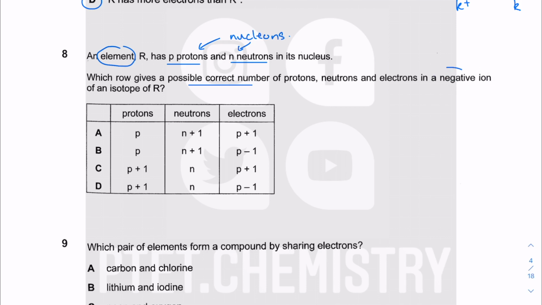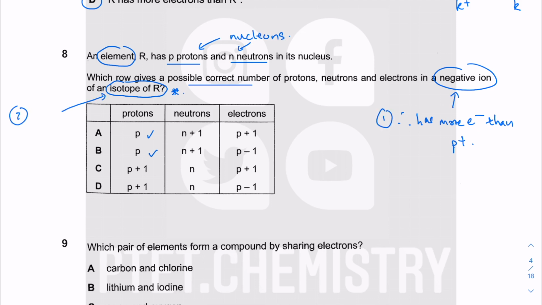Negative ion, so therefore it has more electrons than protons. You have a negative ion, so there's condition number 1. This is an isotope, condition number 2: a different number of neutrons